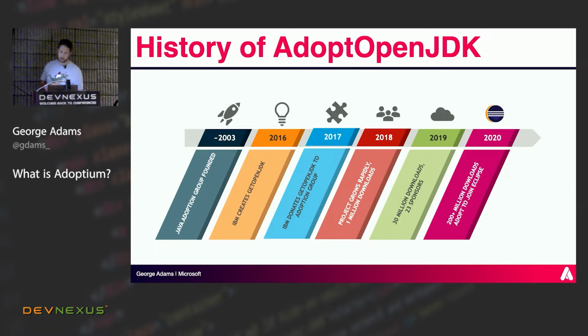We then go forward to 2020, and we had over 200 million downloads. And we were still sort of represented by the London Java community, so just a regular Java user group. And so we felt that this was the time to move to a software foundation. And we went through all the different ones. We looked at the Linux Foundation, we looked at the Apache Foundation, but we felt that Eclipse was probably the best place. They'd obviously dealt with the Jakarta move. They understood how to work with Oracle. They understood all the license changes, etc.